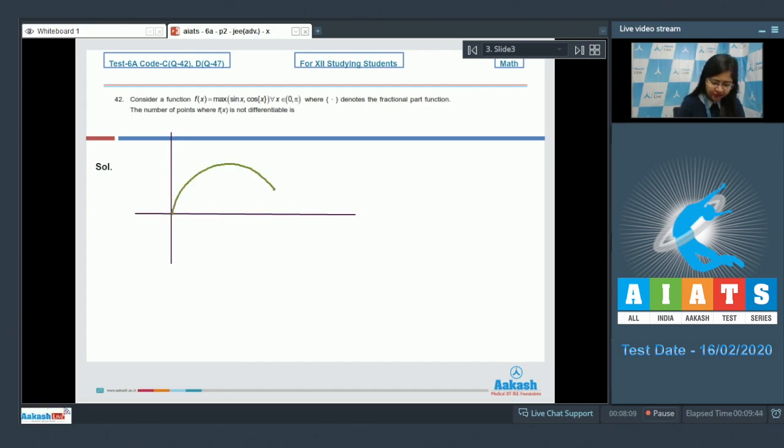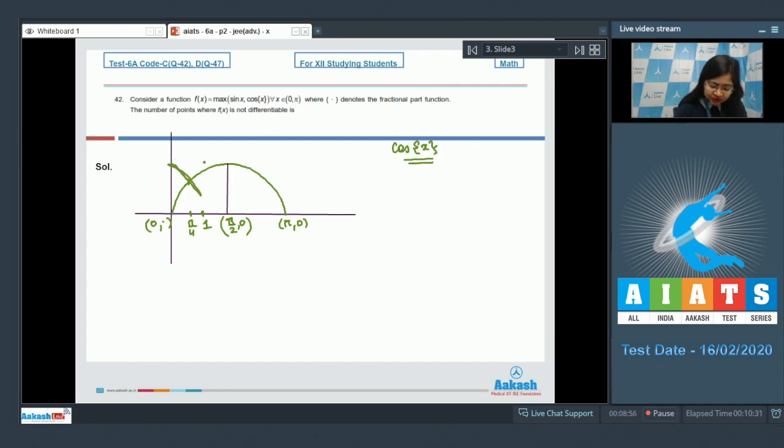Firstly, let us make the graph of sin x from 0 to pi. And this is pi by 2 and this is pi comma 0. Right? This is the origin 0 comma 0. Now we have to make the curve of cos of fractional part of x. Let us say here we have pi by 4 and here we have 1. So from x going from 0 to 1, it will behave as cos x, right? So it will start from this point, and so the curve is like this,